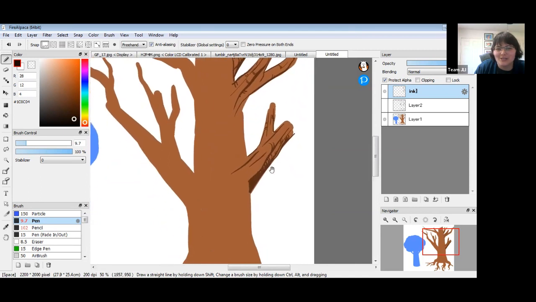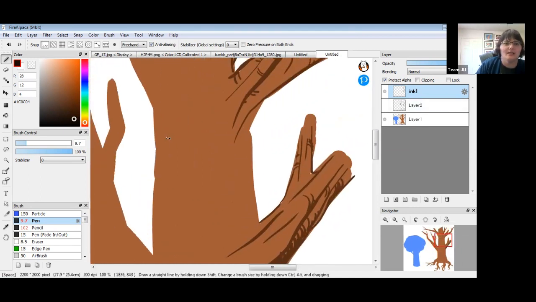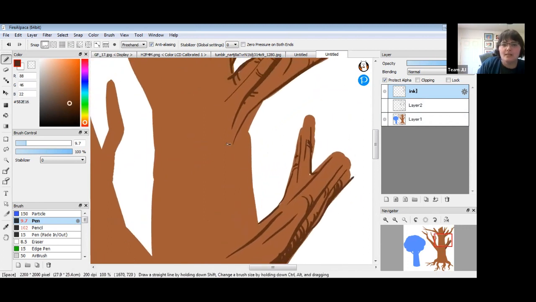So those were the branches. Let's just go ahead and see how I would finish up the tree and get my new color here. It's the same thing for the trunk though. We're just going to be, oops, I gotta take off my Protect Alpha. Making those lines that flow down the tree